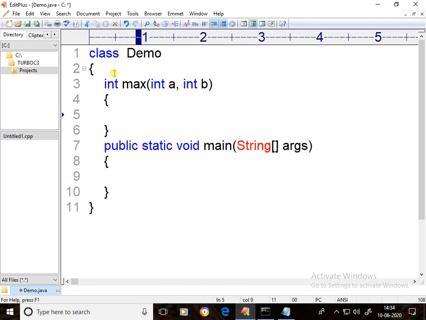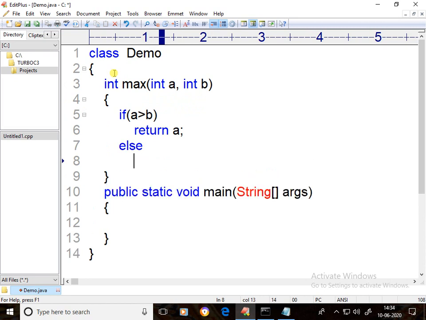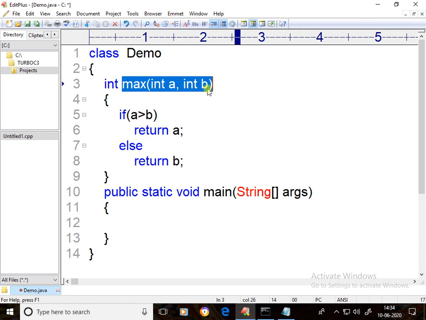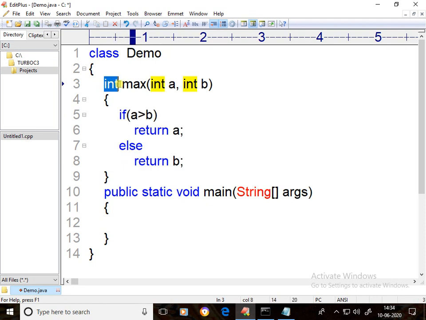Here is the task code: if a greater than b, return a, else return b. Now max is a method which takes two integers and finds the maximum of these two integers. After that, the result is returned in integer format.